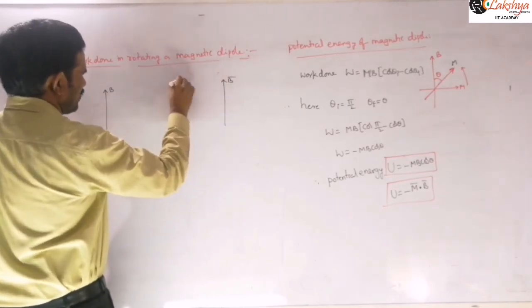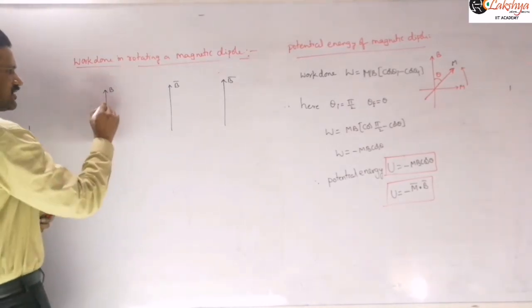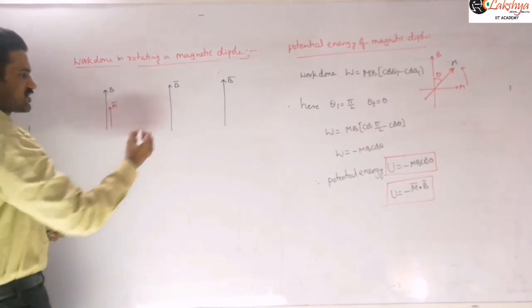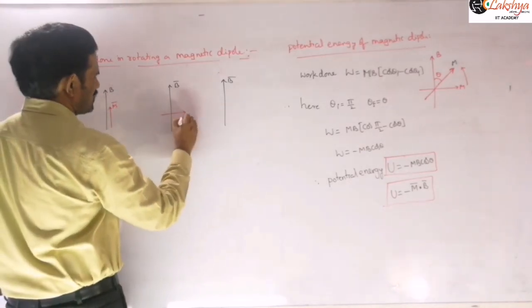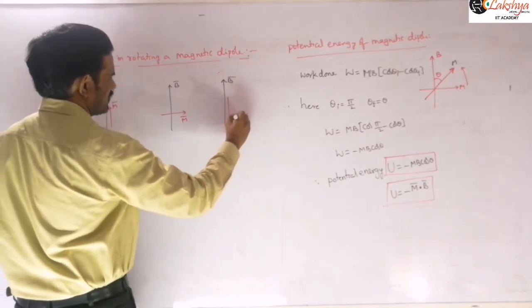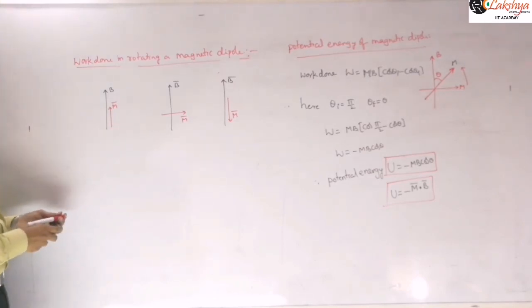B bar is along this direction. In one case, M bar is in the same direction. In another case the magnetic moment is perpendicular to this, and in the third the magnetic moment is opposite to this. Here the angle between them